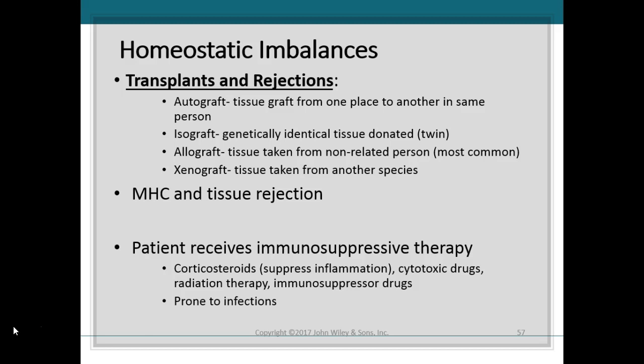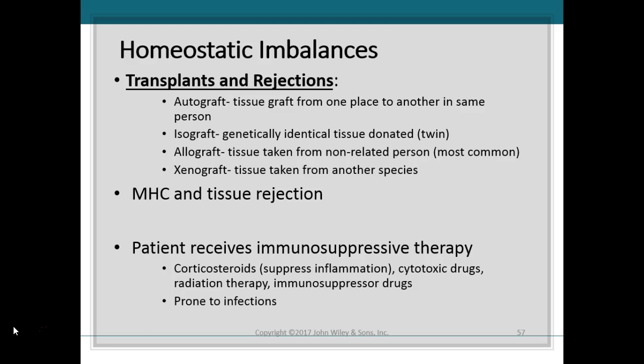So in order for a transplant to be successful, you need to match as many of the major histocompatibility proteins between the donor and the recipient of the organ as possible. The more of those MHCs that match, of course, the less likely the host is to reject that